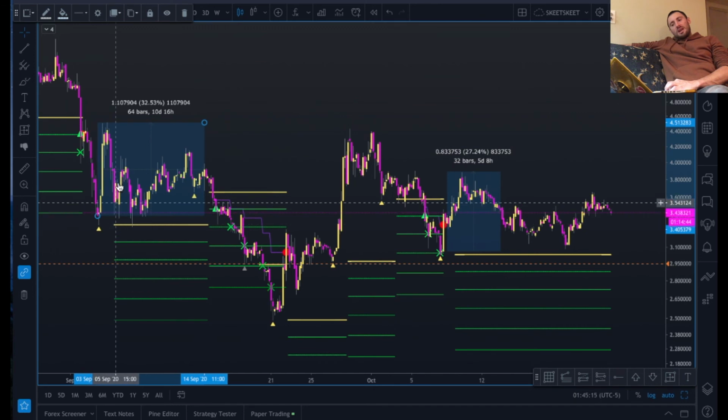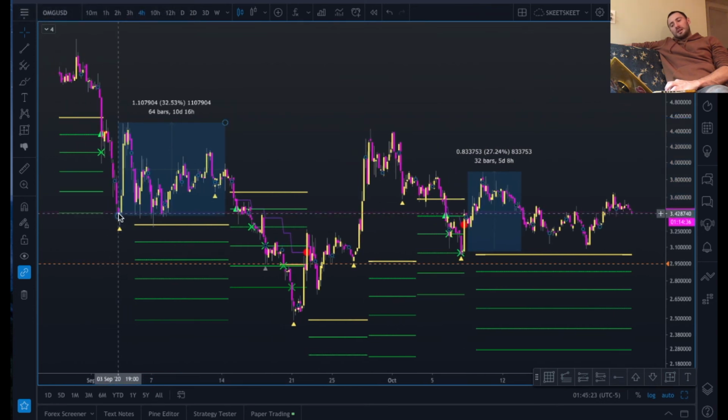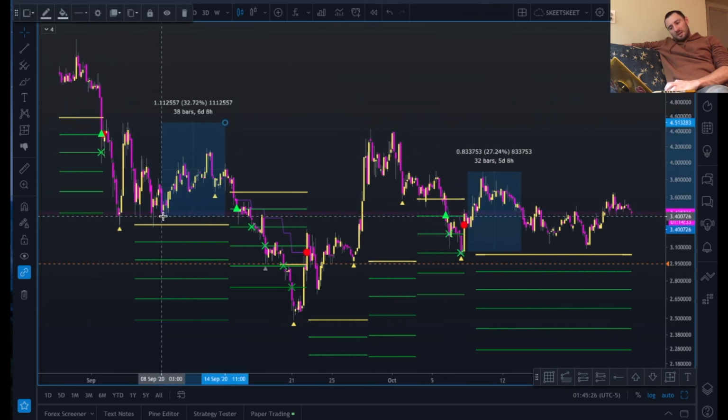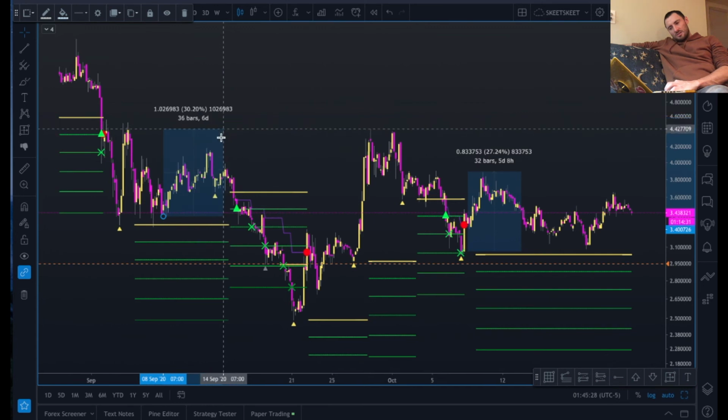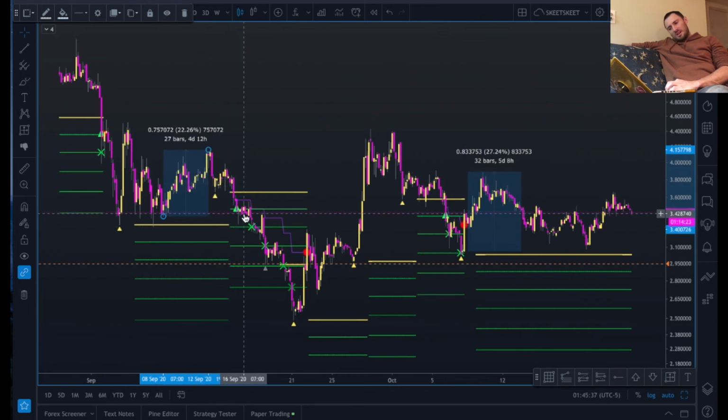Well, it came back down, and I'm more concerned not with the fact that it came up 32% at one point. How much did they recently bounce it? Right about here, it's about 22%. That's what I care about. And then you see how it comes down right here, and then it does this, and then kind of dances around here. I'm going to use this as the base, but